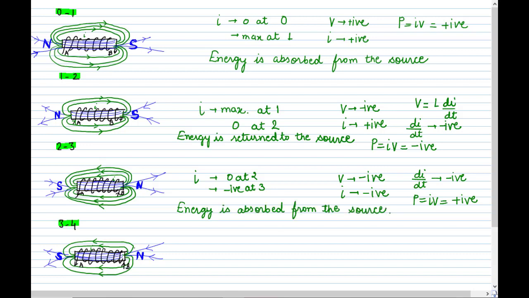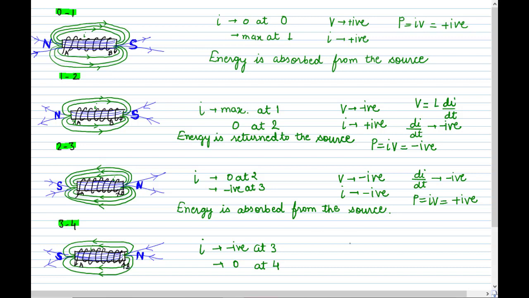Now come to the last cycle, that is 3 to 4. So if you see from 3 to 4, then at 3 the current is negative, and at point 4 the current is 0. So our current is decreasing because it is maximum negative at 3 and at 4 it is 0. So our current I is decreasing and it becomes 0 at 4. So our core will get demagnetized. So these are the magnetic flux lines. You can see here it is magnetization in 2 to 3 and here it is demagnetization. So our core gets demagnetized and the flux is 0.